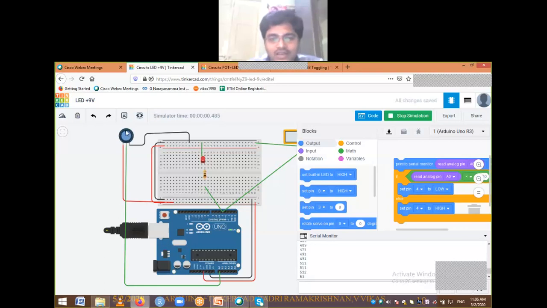You can see the LED is glowing, right? So anywhere in this particular range, your LED will be glowing. That's how you can work with this potentiometer.